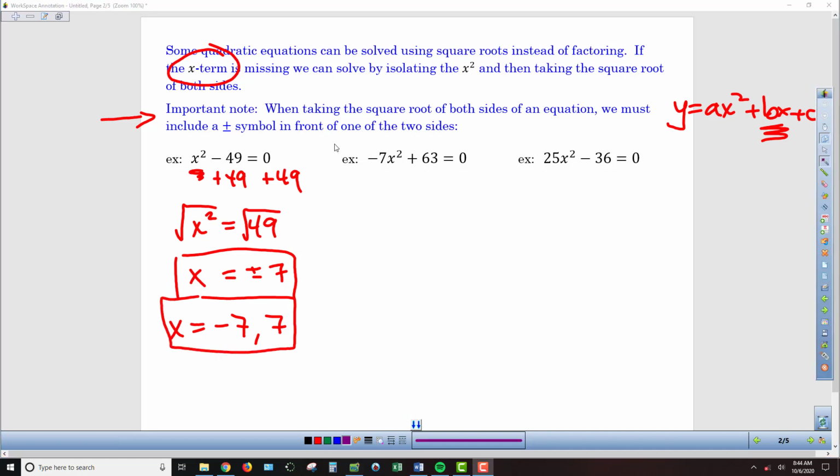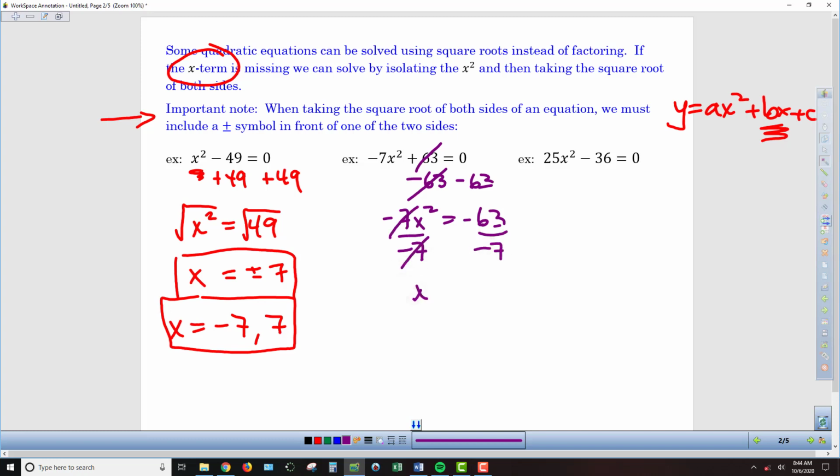For the second one, we'll do the same thing. I can go ahead and subtract 63 from both sides. So I'm going to have negative 7x squared equals negative 63. I'm then going to divide both sides by negative 7, so I'm not going to take the square root just yet. I need to get that x squared totally isolated. So if we do that, we get x squared equals negative divided by a negative is positive, 63 divided by 7 is 9. So now we can take the square root of both sides, and so we get x equals